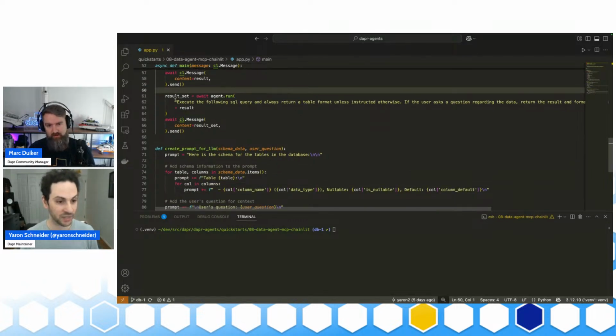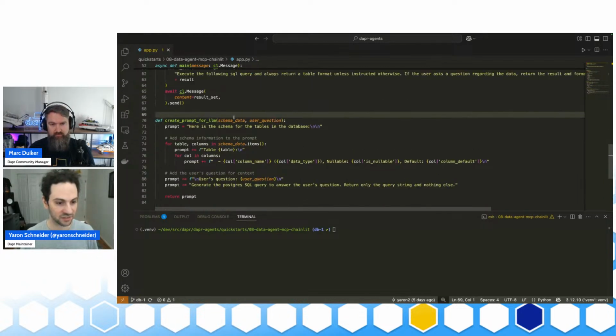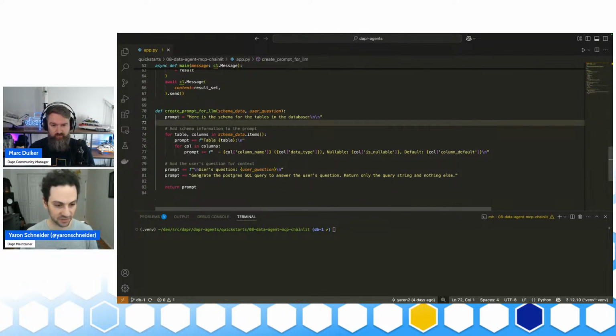And then, we're waiting for the result. This is the await here, and we're sending the result back into the UI. So this is fairly simple. Here, we're just preparing the prompt for the LLM. We're taking the schemas from the database, and we are attaching the prompt to it, and we're essentially sending that